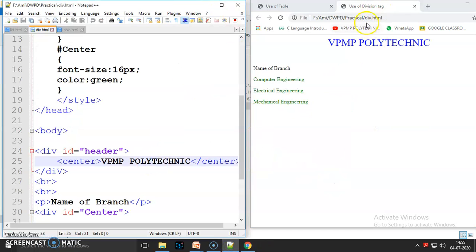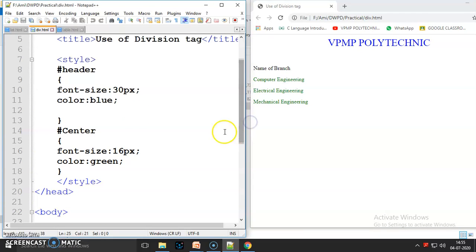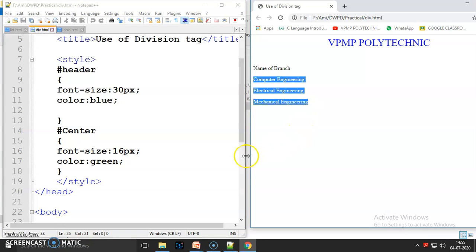Here I use two division tags. The first one is for VPMP Polytechnic, which is written in a center tag with color blue and font size 30. And the second division tag is used for the names of branches.